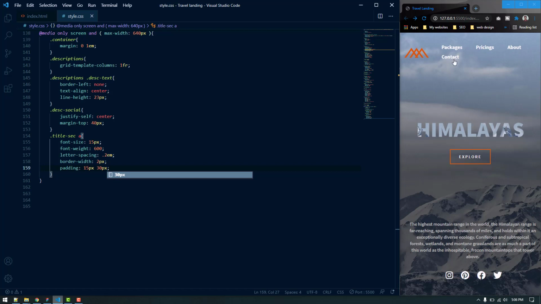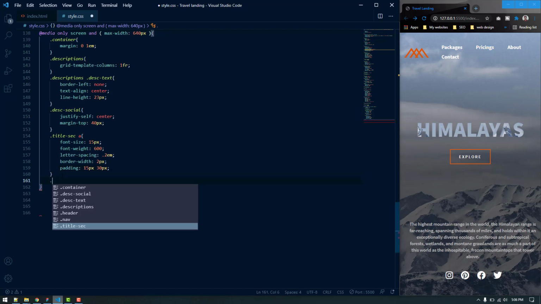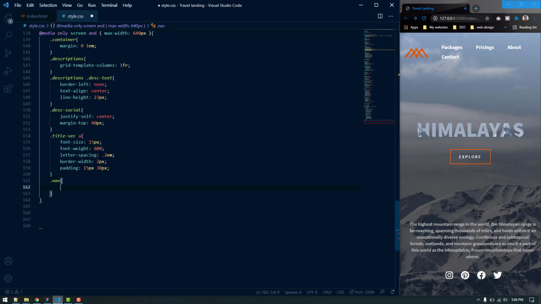Now we are going to style the navigation bar here. In order to do that, we want it to be hidden in a smaller display in this breakpoint. So let's do that. Here's the nav. Let's make the display none. Okay, it is currently none. But for a smaller display, we want to show a hamburger icon, and when we click that, the menu will be displayed and the hamburger icon will be changed to a cross icon.